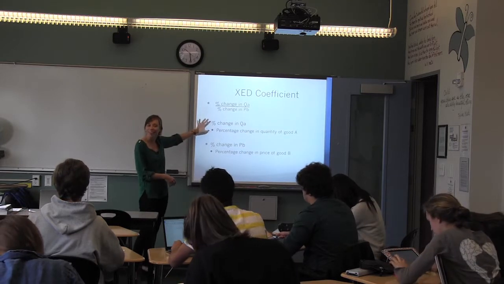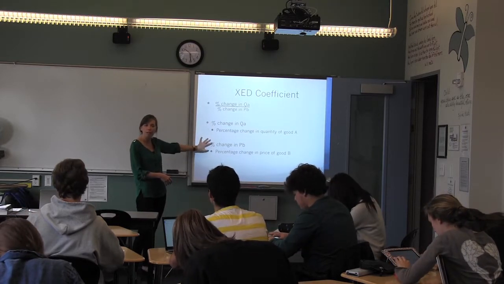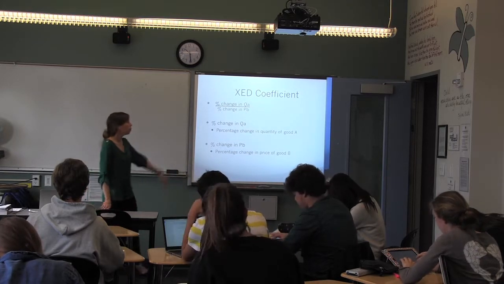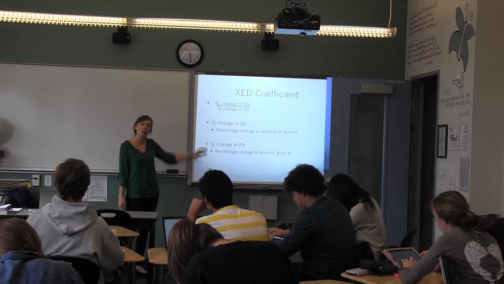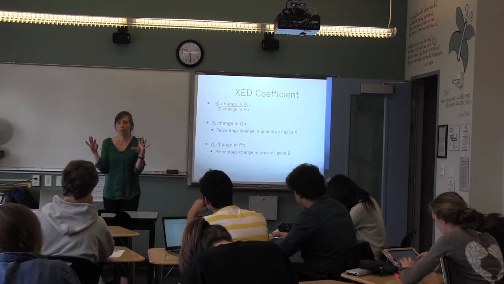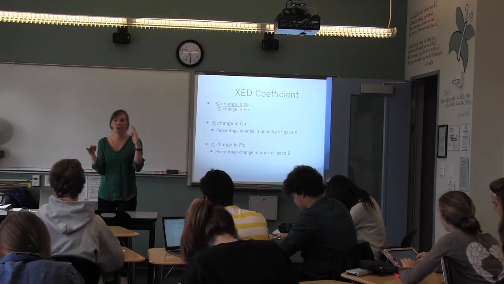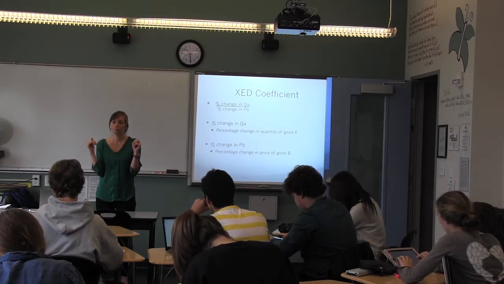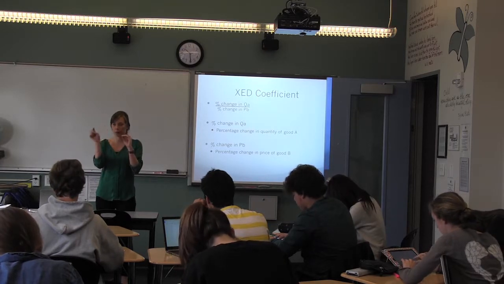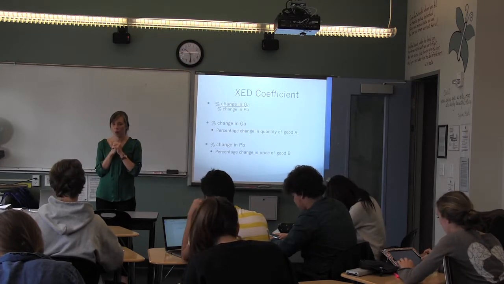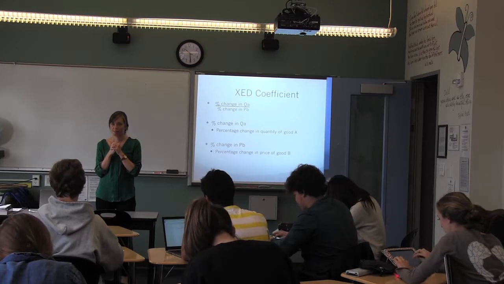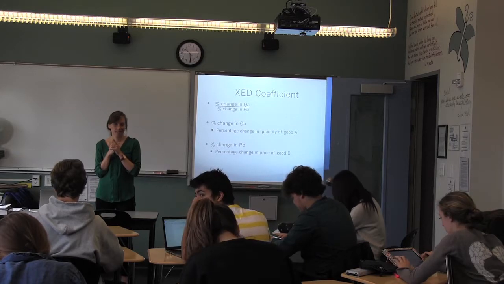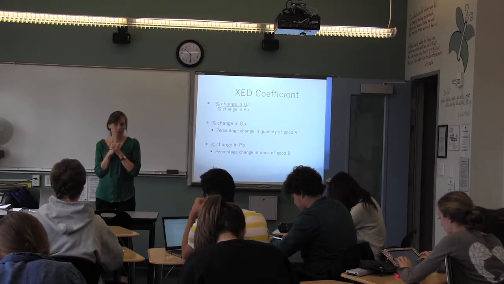Do you guys remember how we calculate the percentage change in quantity demanded versus the percentage change in price? Eddie, is your hand up? What do you think? The percentage change in quantity demanded of one good, how do we calculate that? If we know that the price has gone from $4 to $5 and we want to calculate the percentage change in quantity, what is the formula we're using? It'd be the old price times the old quantity demanded